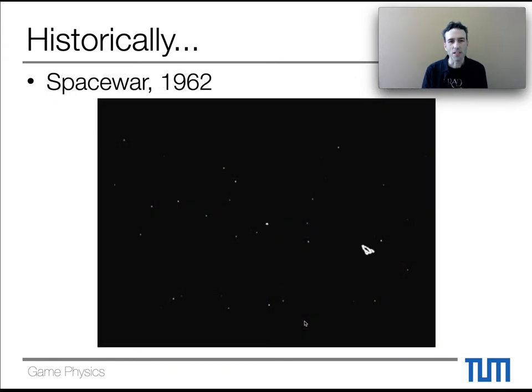Another pretty early one. Some actually also remember this one, Space War. This was also run on a mainframe back then. Also a small space simulator with gravity. You have these two spaceships, and there's the main star in the middle here that attracts the spaceships, and you have to try and escape its gravity while shooting at the other player. As you can see here, now one of them crashed into the main star. And it's obviously wrapping around.